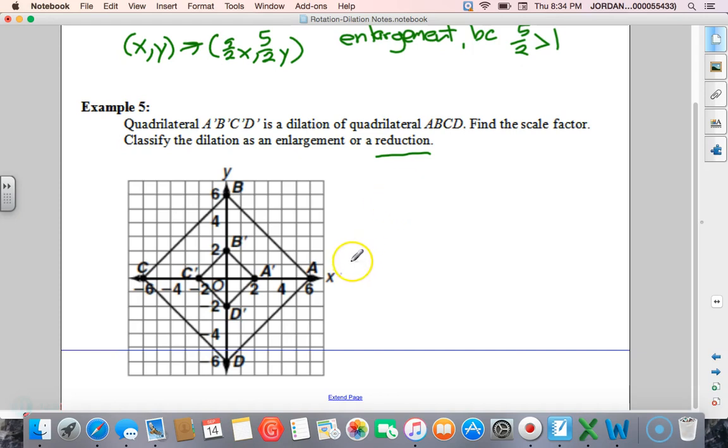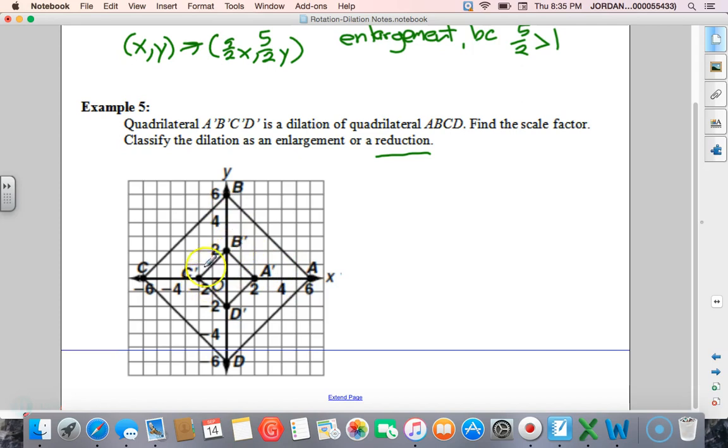So any length between 2 points will give us the scale factor that we can figure out using that ratio. So let's look and figure out the length of one of the shapes of the pre-image. Right here we've got AB and AD and CD and CB. We can count all those to find the lengths, but we have to use the distance formula on these because we can't just count from one to the next, because it's not a straight line going